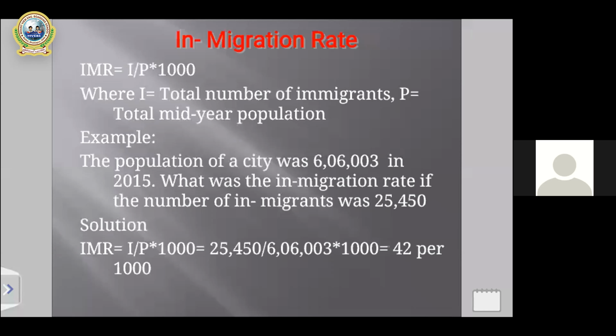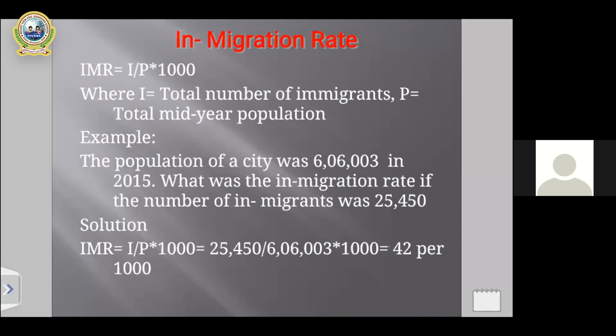Just an example. Now, what was the in-migration rate if the number of in-migrants was